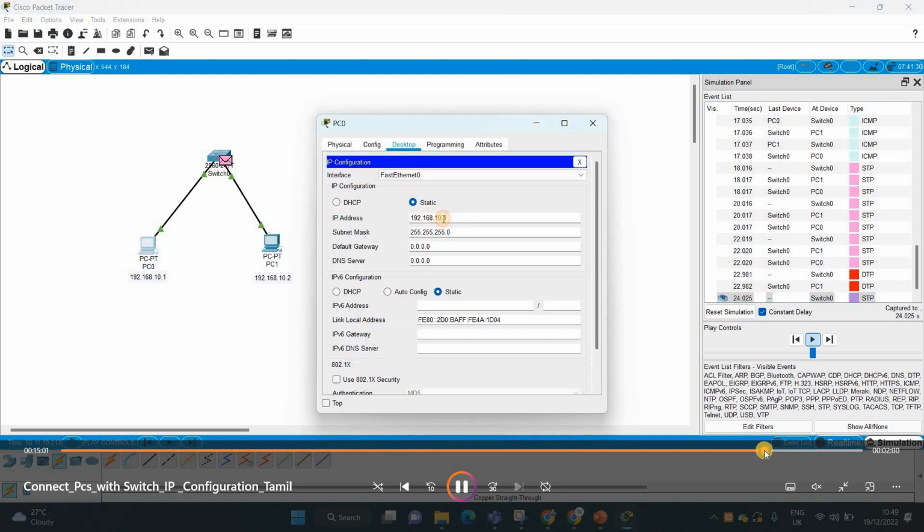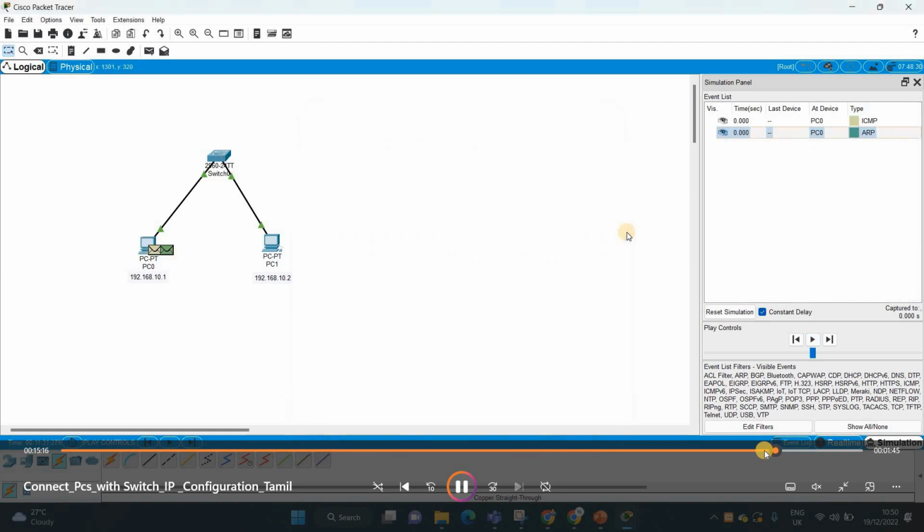Here I am going to change the IP address of the PC node. I put the IP address 192.168.11.1, which means I am going to change the network IP. I am going to change the label also. Here both PCs are in different networks. Before, both PCs were in the same network. Now I have changed the network, and I'm going to check whether I am able to